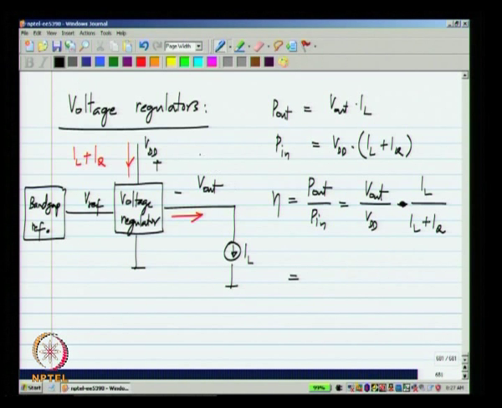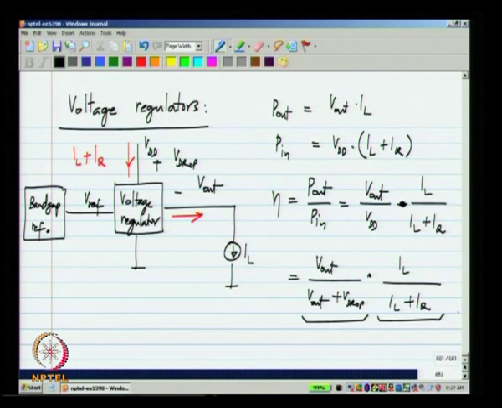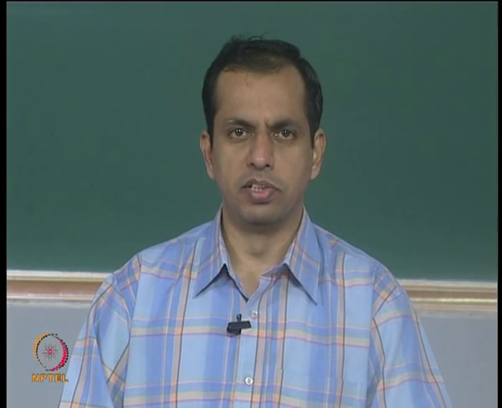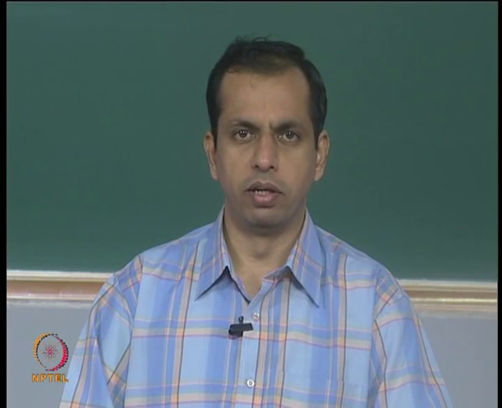this difference between V out and VDD, that is considered the drop across the regulator, that is from the input to the output of the regulator. I will call it V drop, and that is... Now, clearly to maximize the efficiency of the circuit, you have to minimize the value of V drop and minimize the value of IQ, that is you minimize the drop across the voltage regulator as well as you minimize the quiescent current drawn from the regulator circuitry.